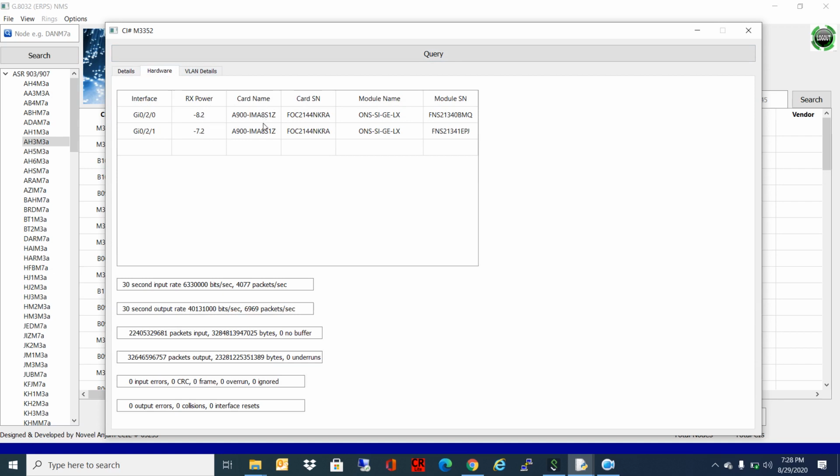If someone changes any card at the site, the serial number of the card will change, or if we change any module at the site, it will change. Once we press the query button, it will bring the new information, and this new information will be displayed over here.